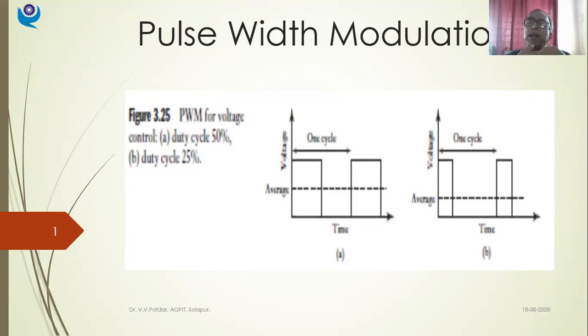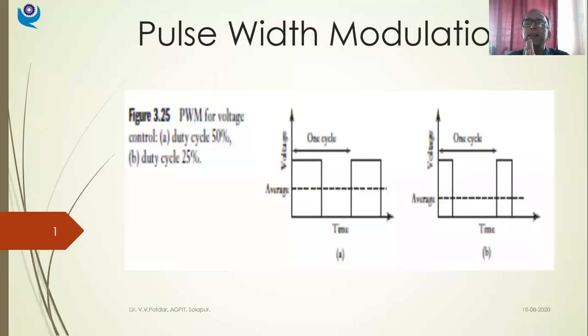For any pulse train, you have the amplitude part, like for any wave you have amplitude and frequency, isn't it? Or amplitude versus time. So either I modulate the amplitude of the signal or I modulate the width of the pulse. Now today we are going to discuss the second type, that is pulse width modulation. Remember, we are in the chapter of signal conditioning.